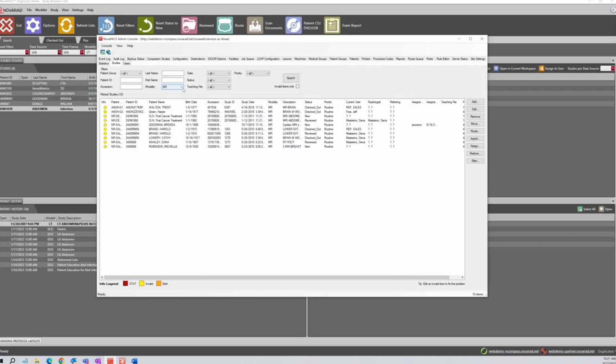This is one of the most used tabs in the admin console. Up above, we have the same type of search filters. We have the patient group, the patient ID, a session number used heavily, the name, last name, first name, the modality type, and the date, and I really like this feature in the date. We can search by a custom date range. So if we want to see how many MRs were done between this date and time and this date and time, we can do that.